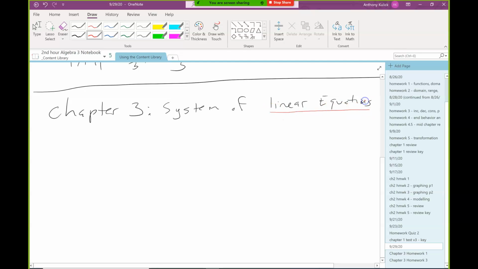So when we say linear equations, what we mean is